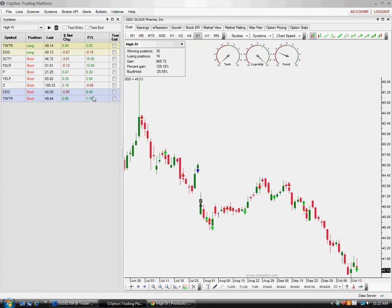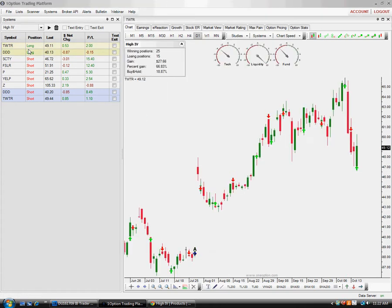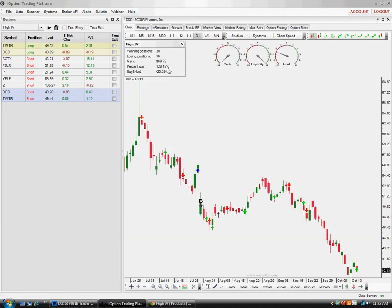3D Systems, which incidentally, as I'm clicking through these symbols, there's our performance. Our percentage gain is 67% versus 19% for buy and hold. A significant edge our way. 3D Systems were up 129% versus minus 26% for buy and hold. We just got out of this beautiful short position for